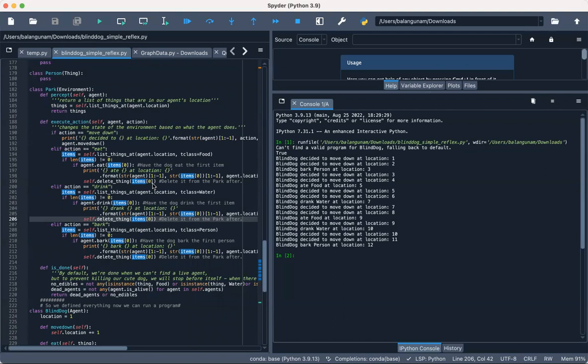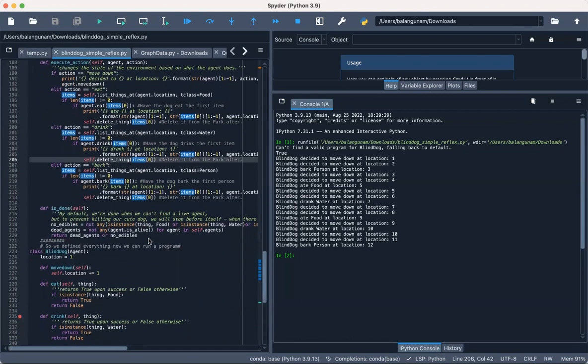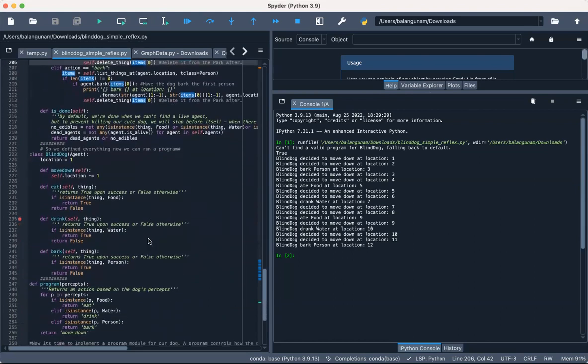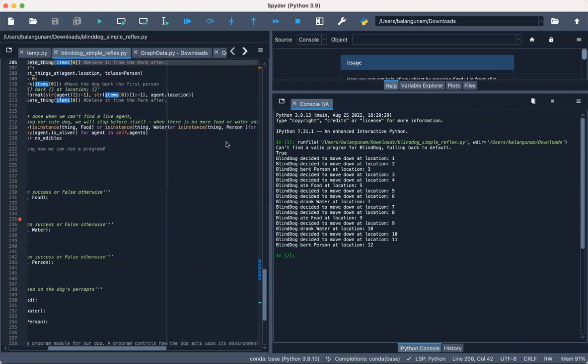If it's a food that executed, then that particular food will be removed. If it's water, then the water. If it's a person, then the person. Sometimes the same person can go through and come back, but that is not considered here. So is done is the one I mentioned, which initially checks on the water and the food, but